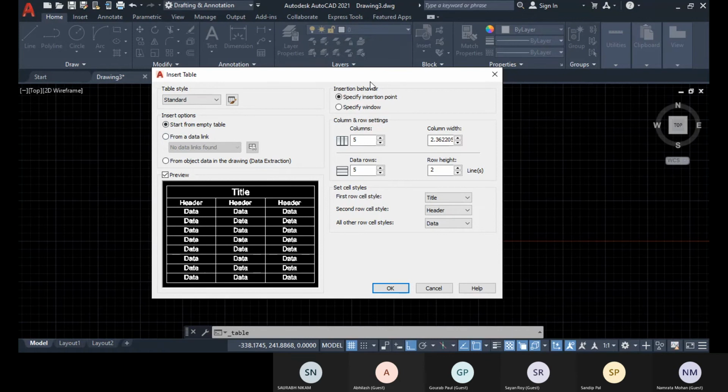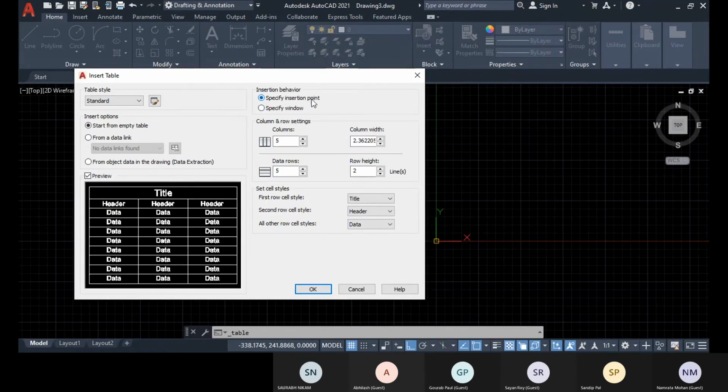And insertion behavior: according to your insertion point, it will create 5 columns and 5 rows, with a row height, and first will be title, then header, and then data. Always go with specify insertion point if you want to specify the number of columns, the number of rows and the row height.